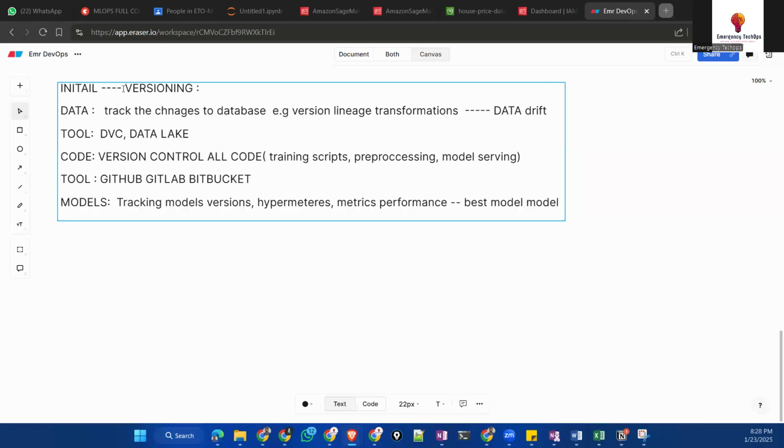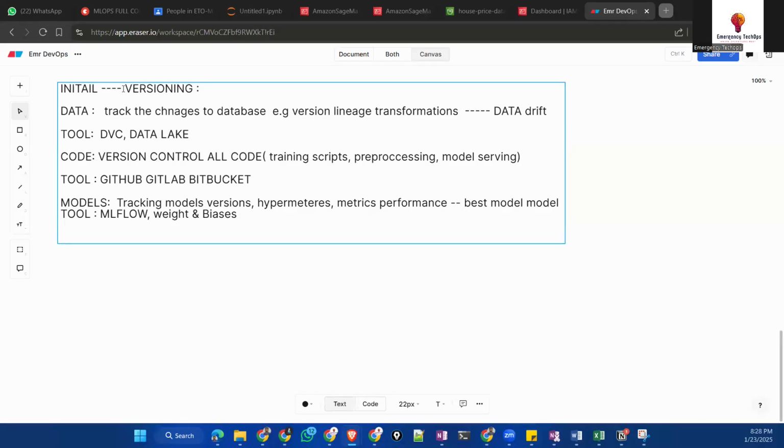For that, what tools will I use? I use MLflow is the one, and Weights & Biases, Kubeflow, like this. These tools we are going to use in this case.